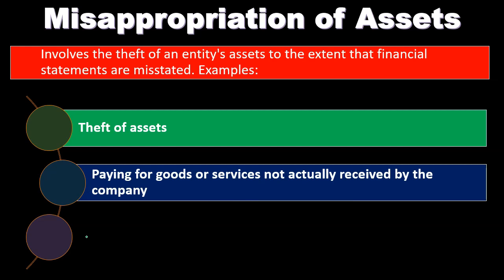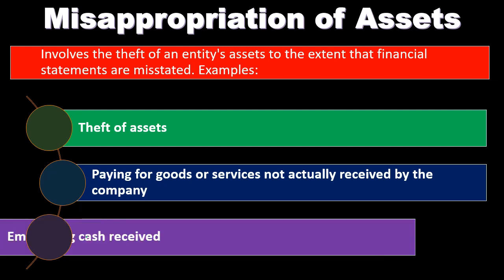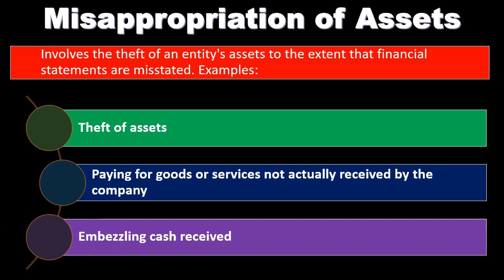Paying for goods or services not actually received by the company. This is a common type of theft where basically there are payments that look legitimate, but they're paying for goods and services that aren't really there. And part of this would be something that might be able to be caught by a higher degree of internal controls. Not the proper verification within the internal controls could result in a type of theft where you would have people paying for services that aren't actually there. Embezzling cash received would be another form of theft, of course.